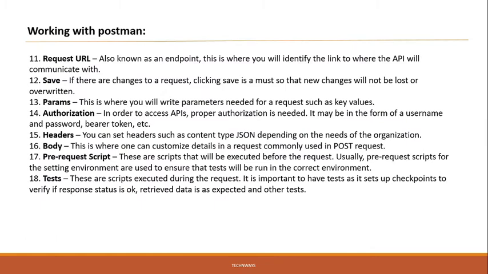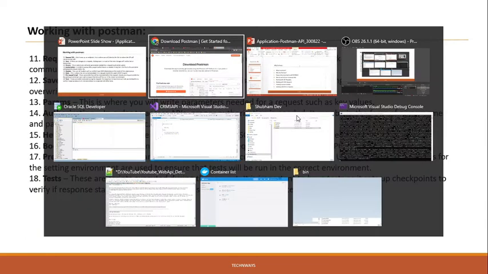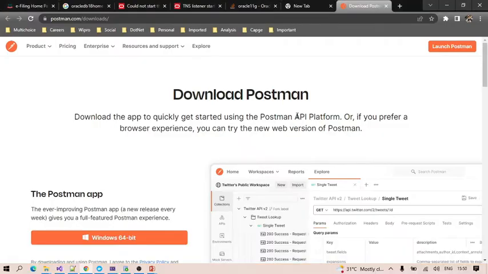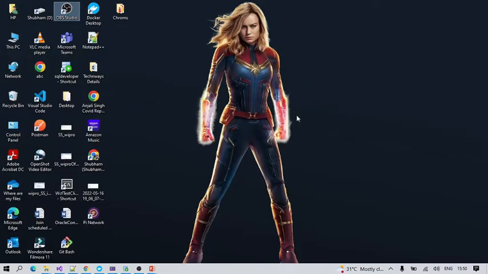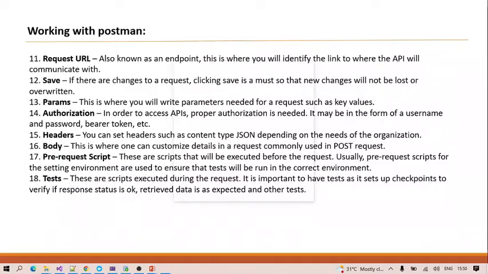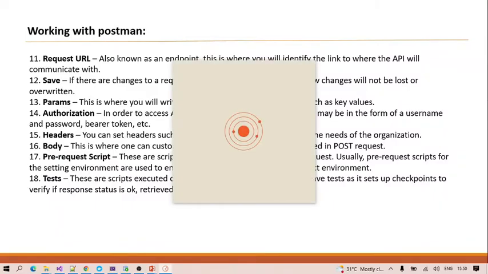Okay, let me jump into Postman so that you can quickly understand how it looks. Cannot see the Postman right now. Sorry, let me open this. So this is the Postman application.